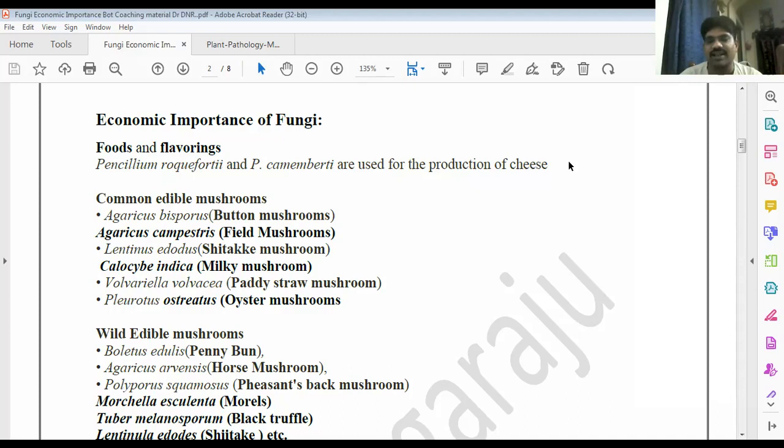So many people are earning money and getting energy, hallucination, all these things. You know, the poor man's food, bread, is also prepared by using yeast. What is the technique? Fermentation technique, anaerobic respiration by the fungi, especially yeast,